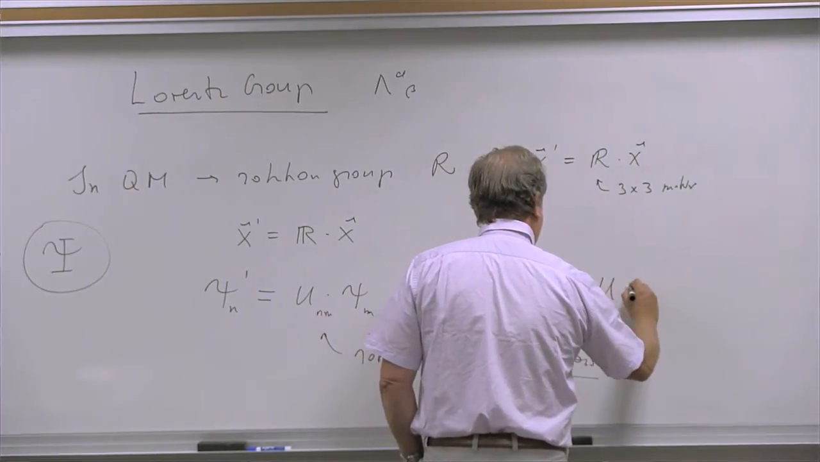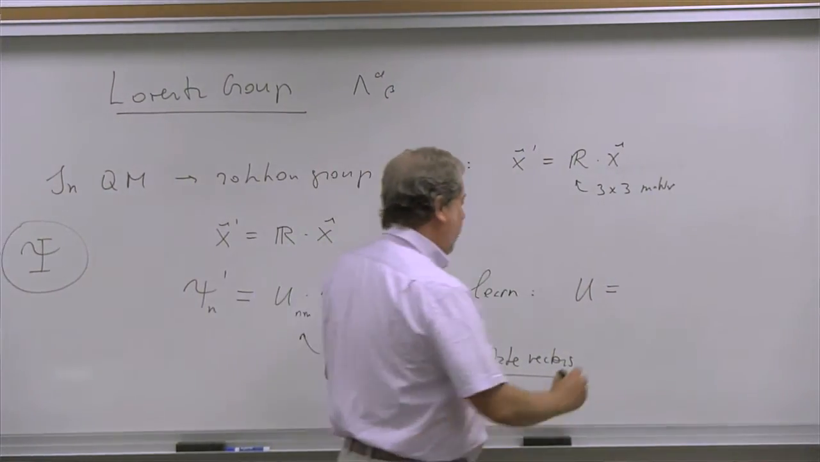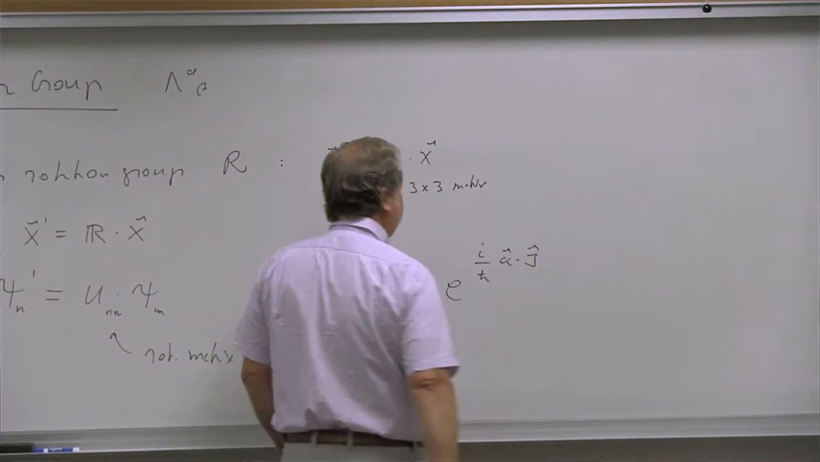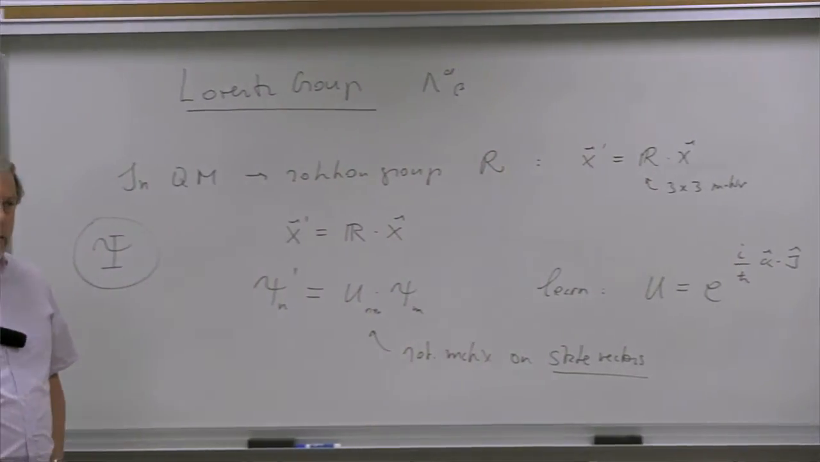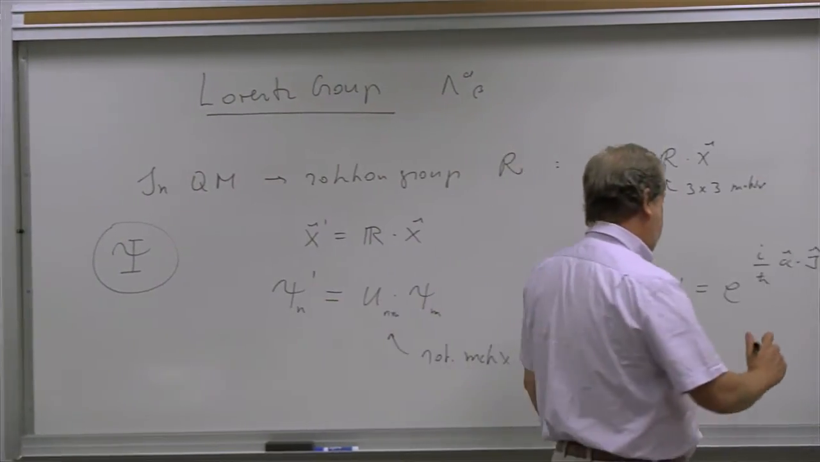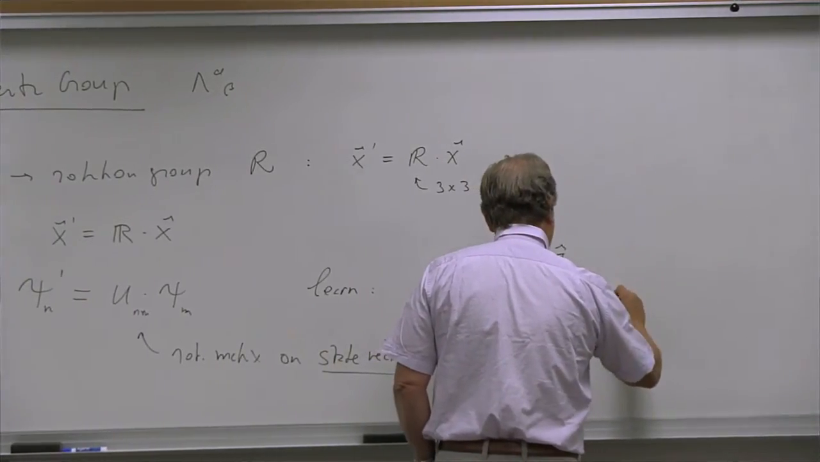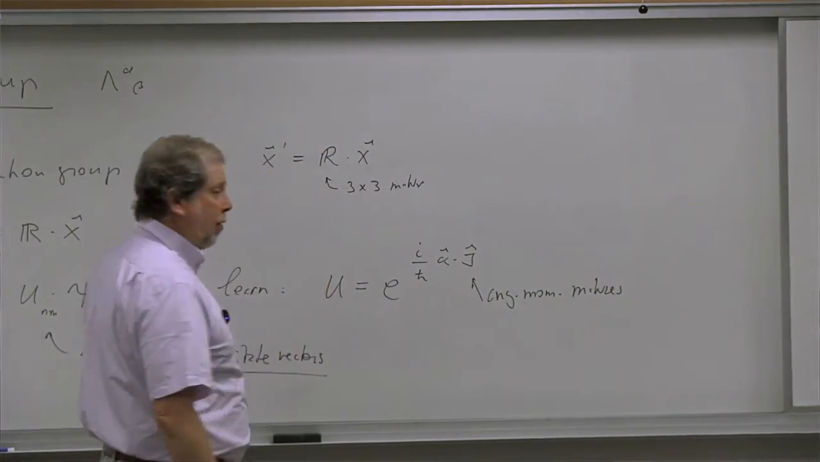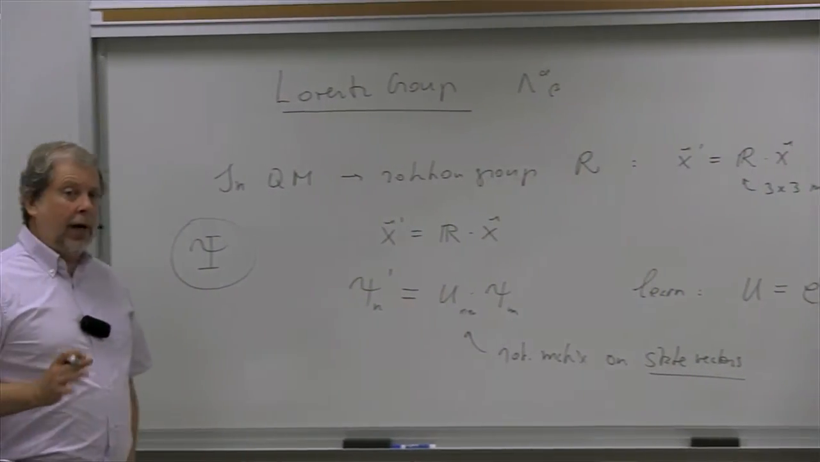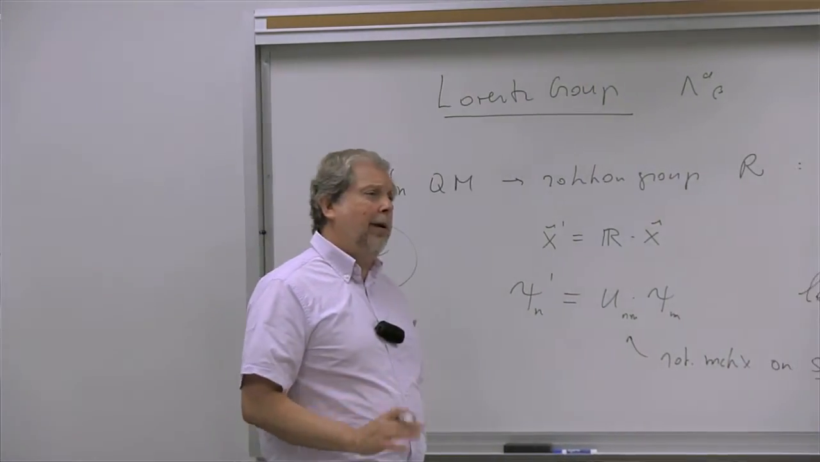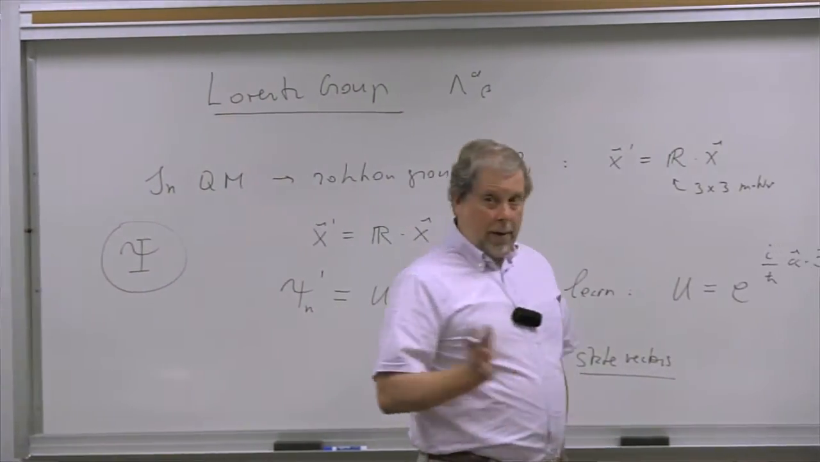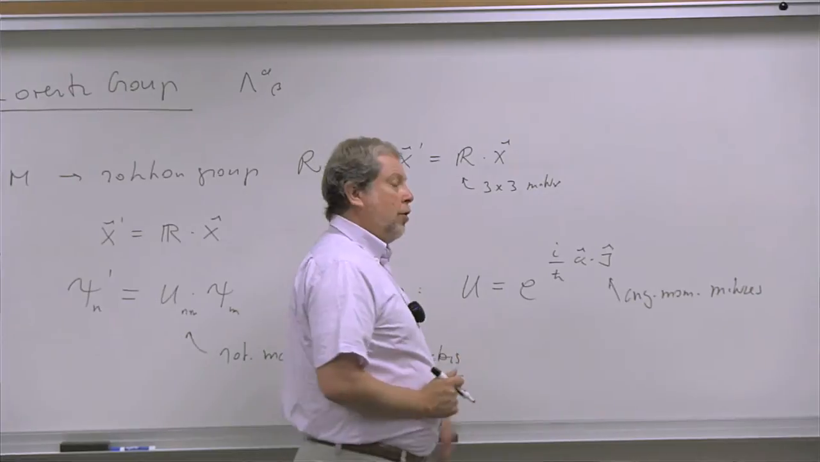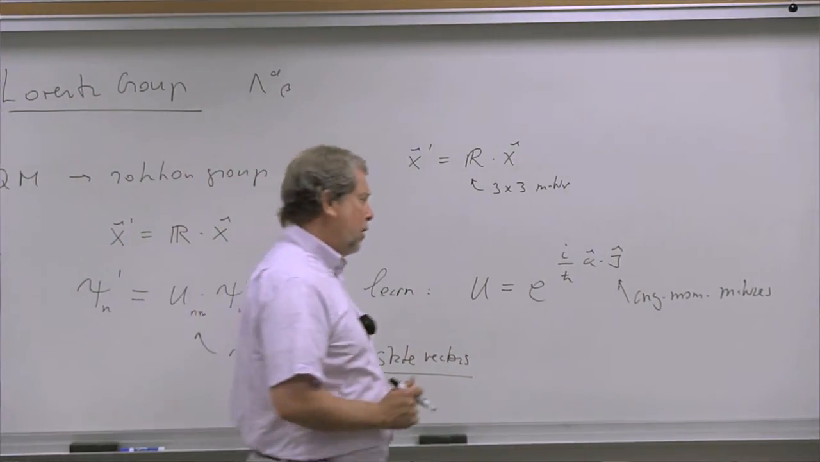Right? That U is equal to e to the i over h bar of alpha dot J. We learned that the rotation is done through the angular momentum matrices, right? That rotations and angular momenta are closely tied together. And remember that. We also learn that the rotations are such that the angular momentum has to satisfy a certain